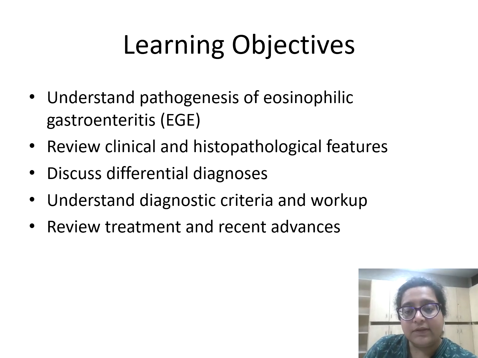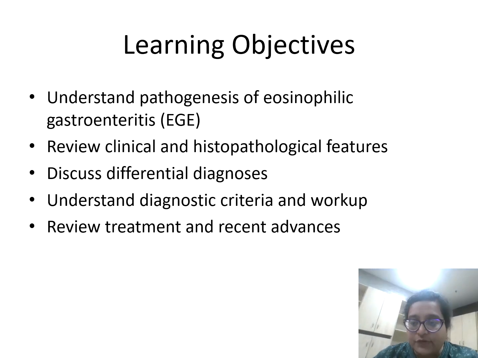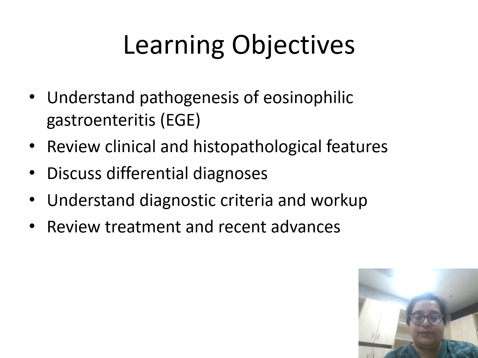These are the learning objectives, as in what points you need to be aware of when you are looking at a slide of eosinophilic gastroenteritis, because it's a close differential for IBD. So we need to understand the pathogenesis of how the eosinophils affect the differential diagnosis, the histopathological findings, and of course the diagnostic criteria, which I'll be taking in the second part of this lecture. Today we'll just be dealing with a bit of pathogenesis, a very short lecture. The actual histomorphology and histomorphological clues we'll be doing in the second part.